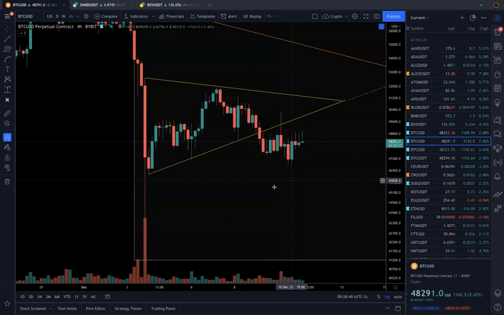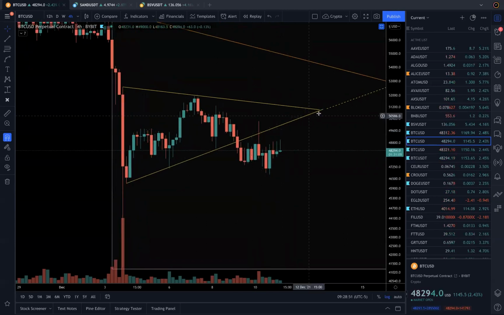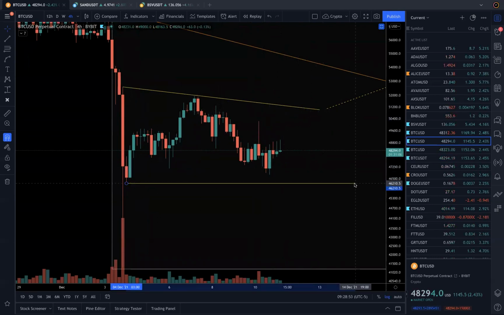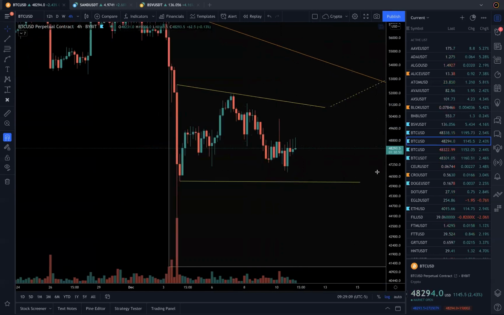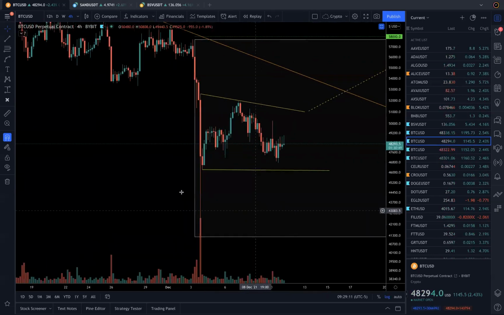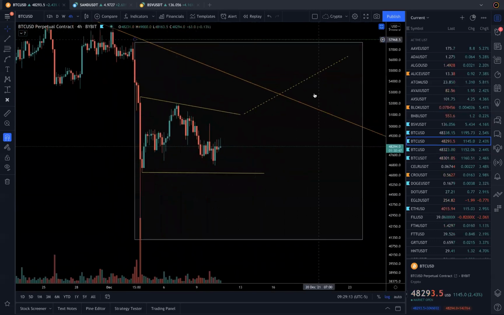Okay, so this 4 hours is just to show you that the inner structure is broken. So now this drawing has to be changed. How would I change it? Maybe I can do this, but now I would keep it horizontal because it doesn't make sense to keep it at some angle. So the triangle is broken, and that's why I kept two drawings. If you look at the white box I kept, it's because I knew that the inner structure keeps changing. The inner structure is totally unreliable and ever changing.